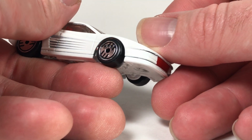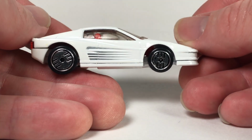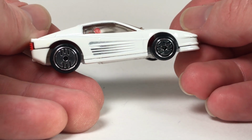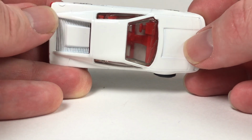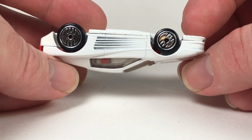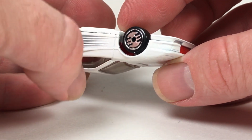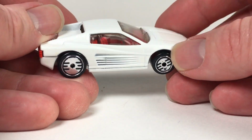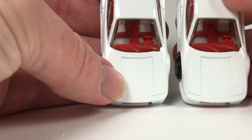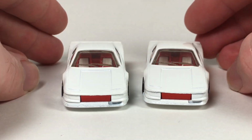It's got that right there on the wheel, which if it was facing this way, I didn't notice it, but it was this way, right? And then it has this weird thing right here. It's got like a weird little hair that got into the paint. Looks like some ancient DNA. And that's about it. But these are, I believe, the exact same release, so...